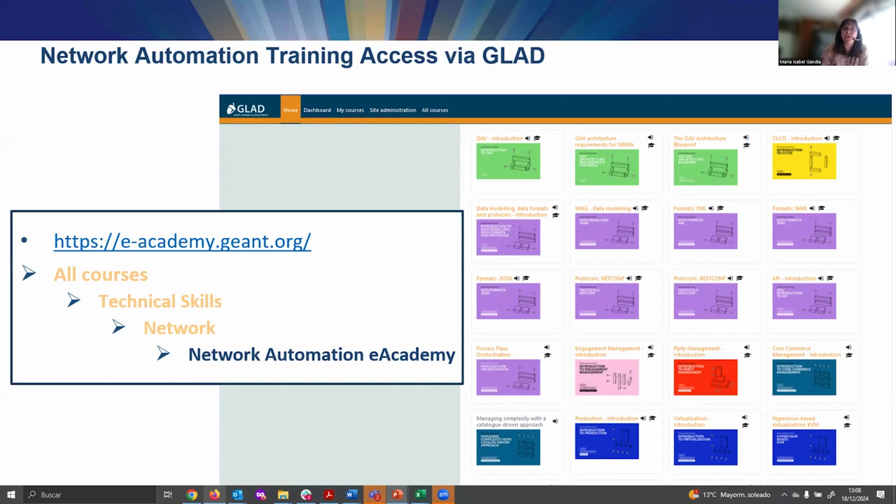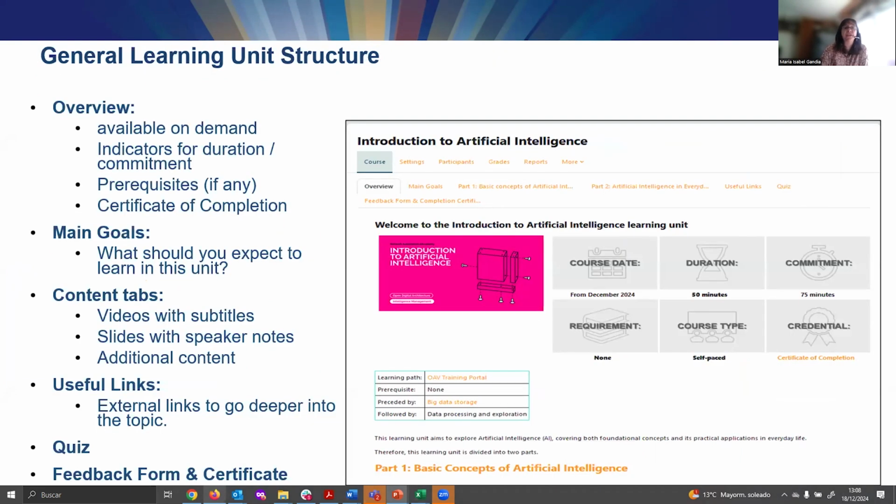For any of the units, the structure is always the same. You have an overview tab with information about the availability of the course, the duration, the commitment, if there are any requirements or prerequisites to follow this course, and the certificate of completion. Then you have a main goals tab with what you should expect from the learning unit, what you will learn if you follow this learning unit.